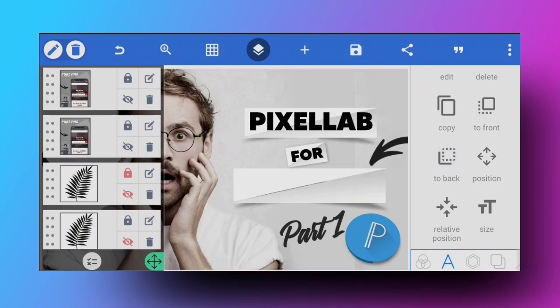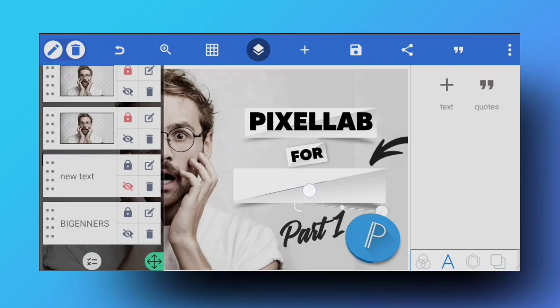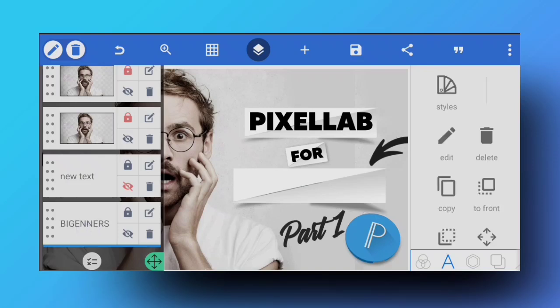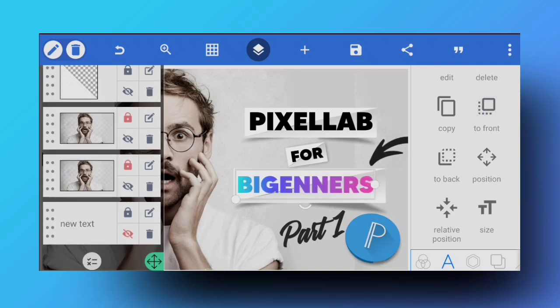So right now you can't really see, and this text just went back underneath this text effect. If I scroll here, you can see this is in the bottommost layer right here. So if you want to use this function, like if I added this effect very late, then I'm just going to click on this text right here and click on the front icon, and it will come up on the front side of the layers.